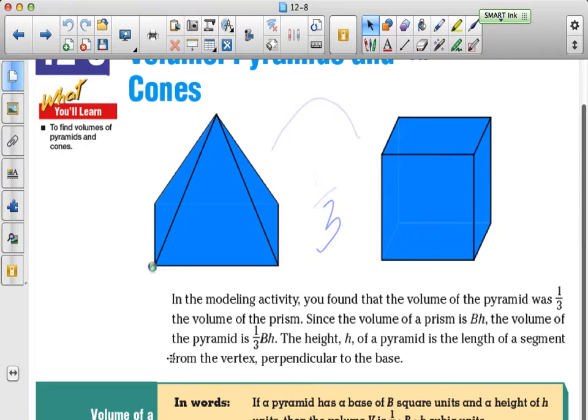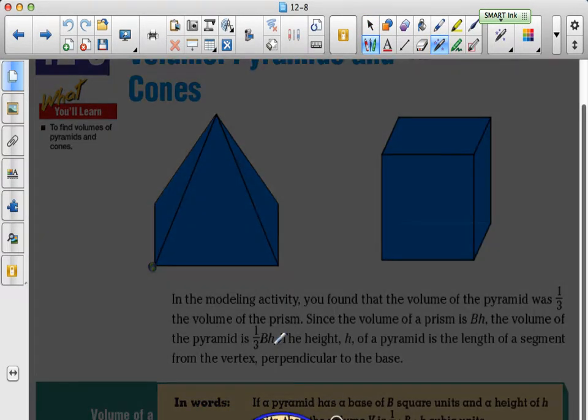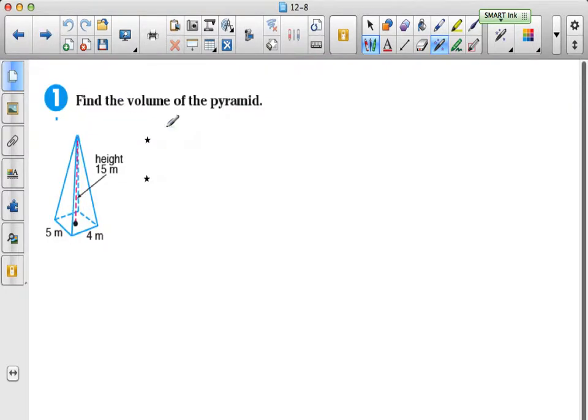Once you know that, you can go to the formula for the volume of a pyramid, which is 1/3 base times height. There you go. That is the formula for finding the volume of a pyramid, 1/3 base times height, where big B represents the area of the base. Find the volume of the pyramid